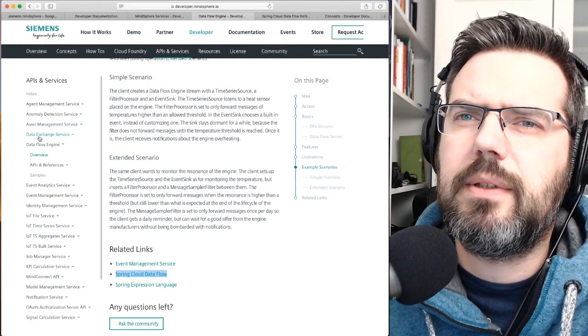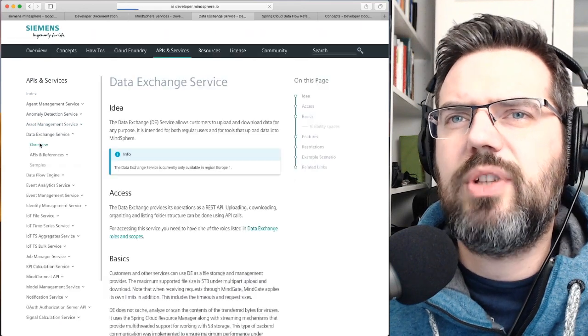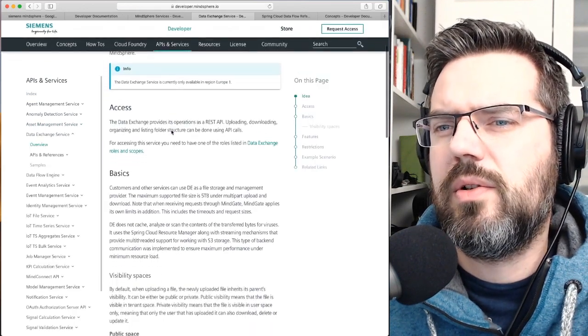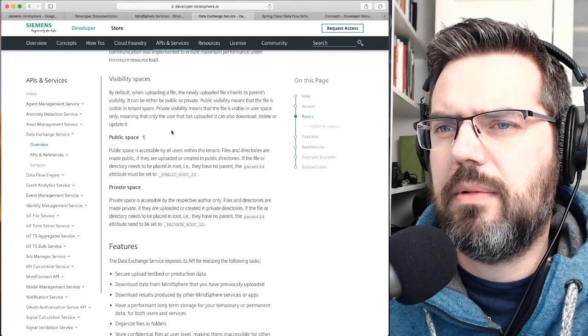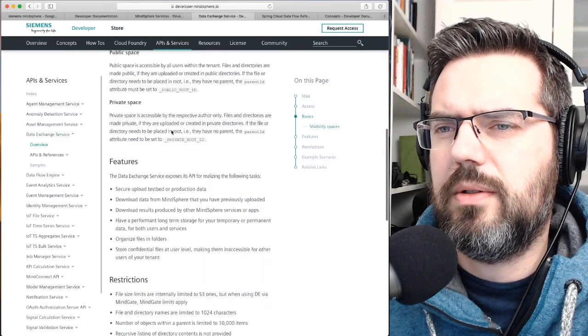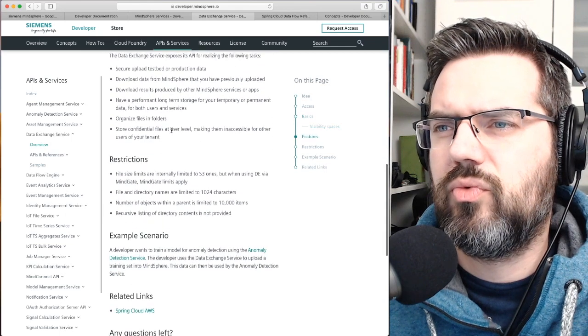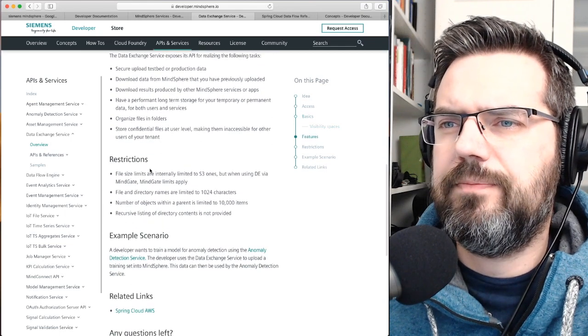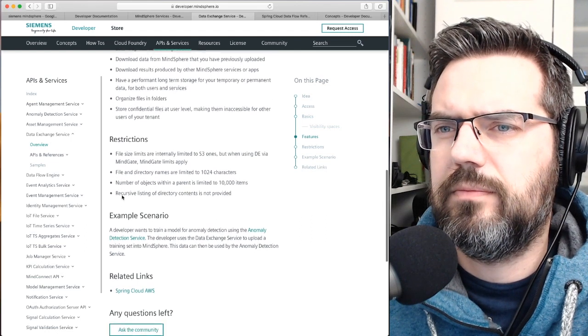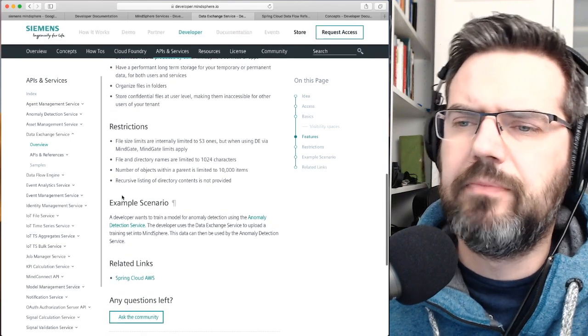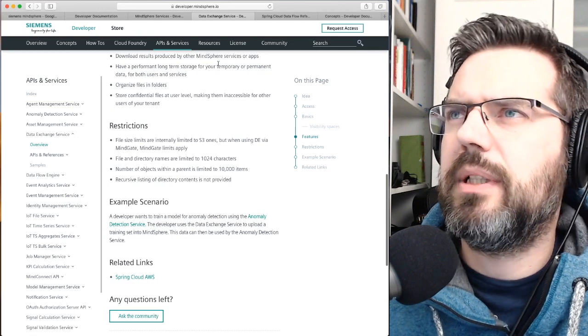Okay, interesting. Exchange service, data exchange service. Just basic switchability, public space features. Spring Cloud, AWS.